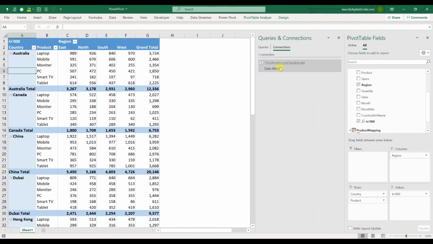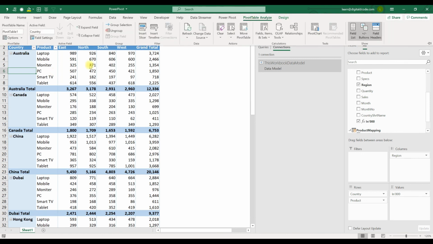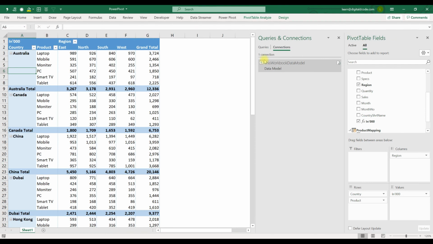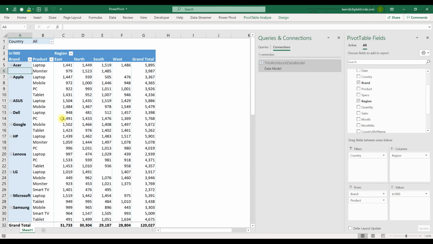So you can also make a chart. Whatever options we have for a pivot table, this is common. In case I want to have all the countries in a separate sheet, let me use this. Go to country. Let's pick the product here. Product is already available. Sorry, let's pick the brand.